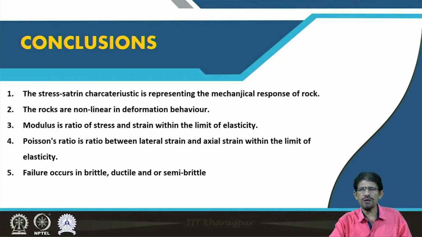If applied for the axial change in stress and strain, then it is the modulus of elasticity. If the mode is a shear mode, then the ratio of shear stress and strain is recognized as the modulus of rigidity. And if there is a deviatoric type of stress and corresponding change in volumetric strain, then this ratio we represent as the bulk modulus. The Poisson's ratio is the ratio between the transverse or lateral strain and axial strain measured within the elastic limit